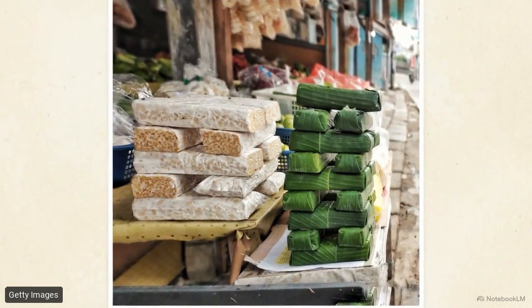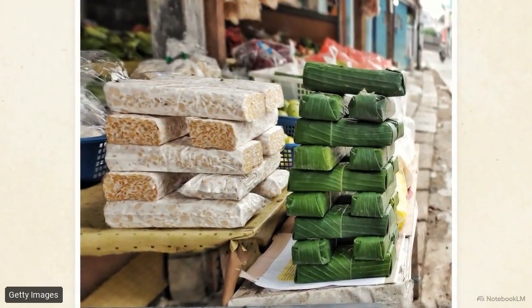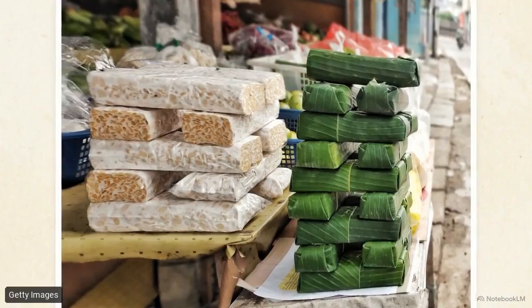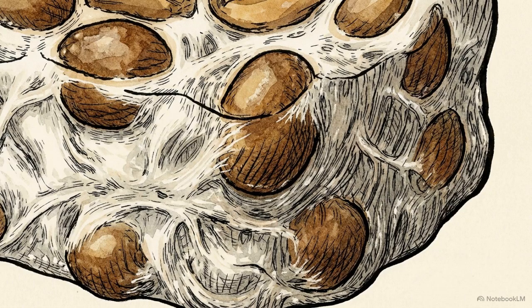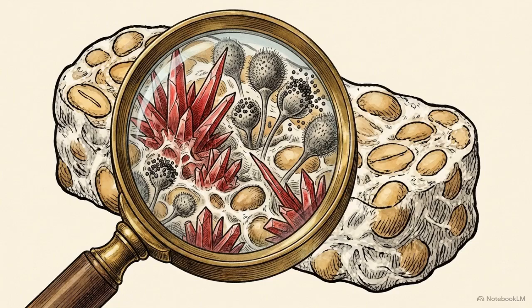Tempeh, a high-density protein block made from fermented soybeans, has become a primary subject of this raw consumption trend. But the physiological reality of the raw soy matrix is significantly more complex than this hypothesis suggests. Because traditional tempeh is often produced in small-scale environments, the unpasteurized fermentation process carries inherent risks of bacterial and fungal